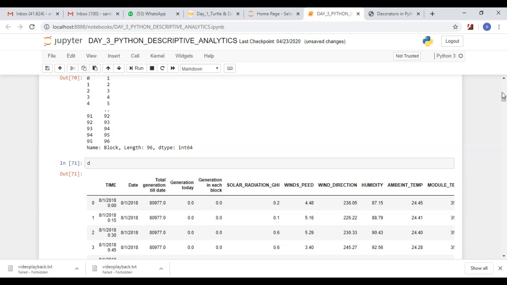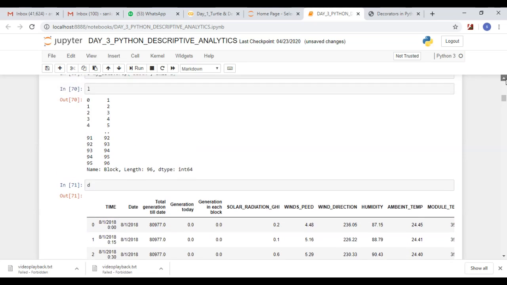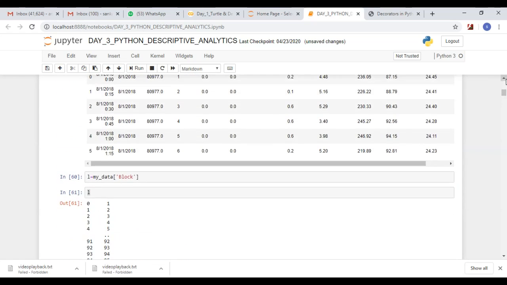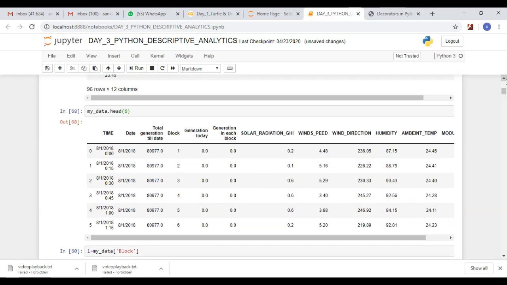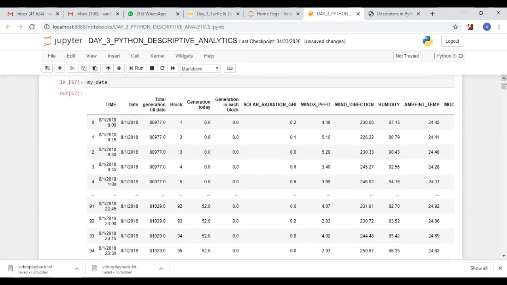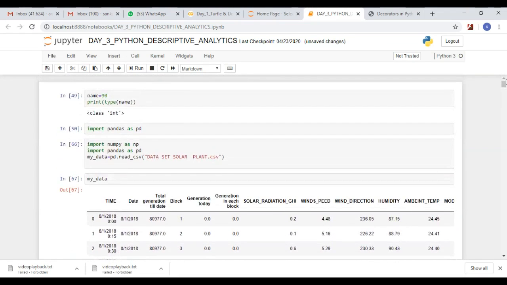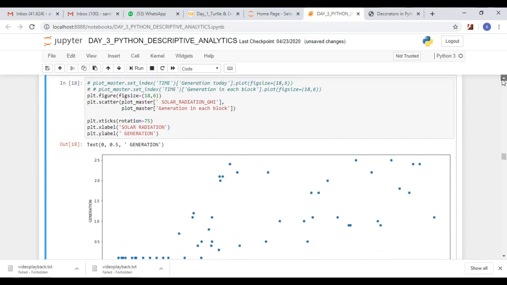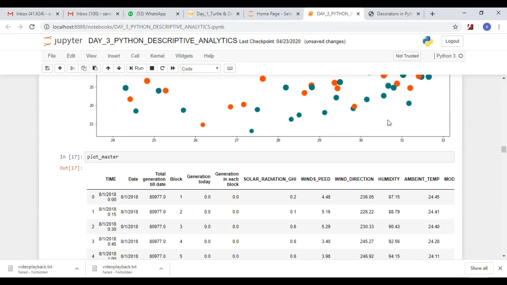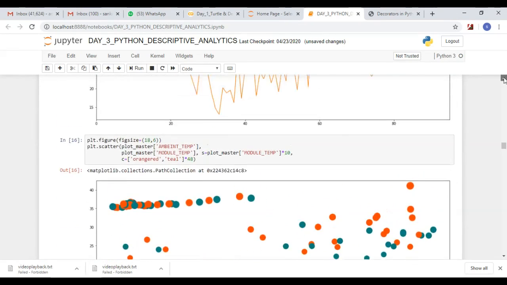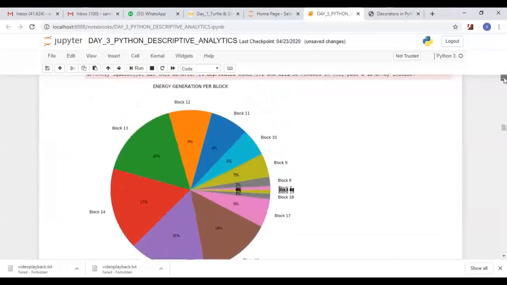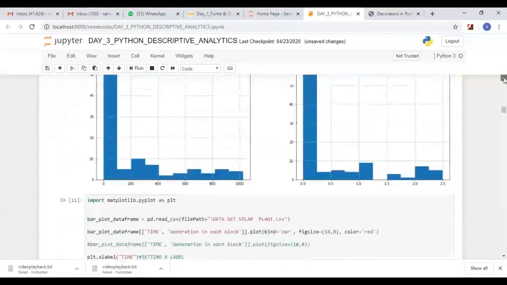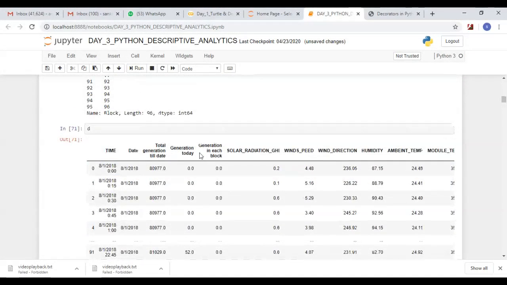After dropping, for that only we have drop. See here, that block is not there.